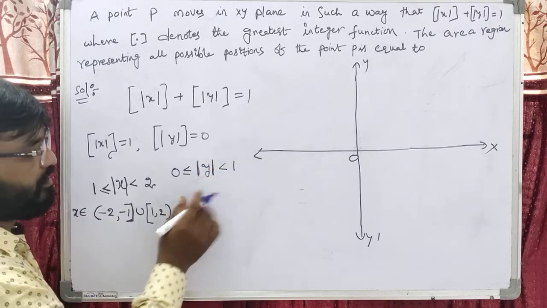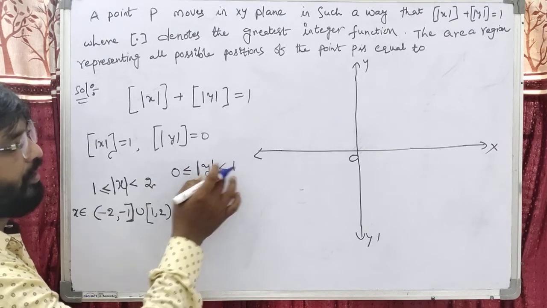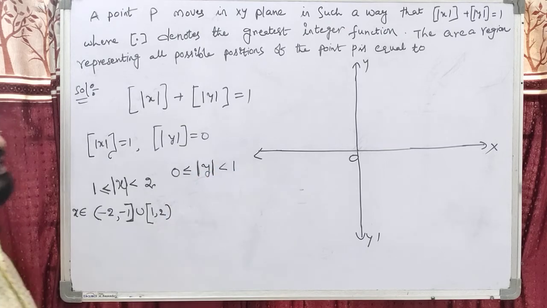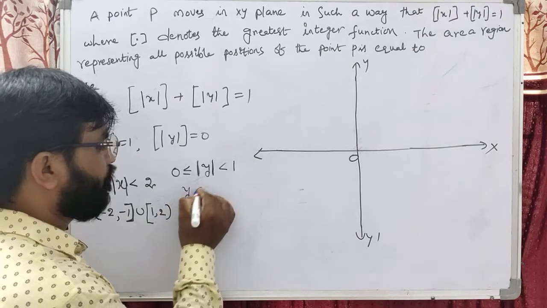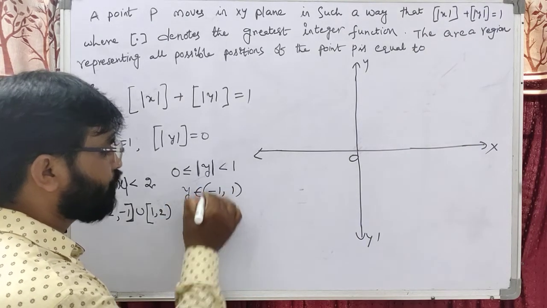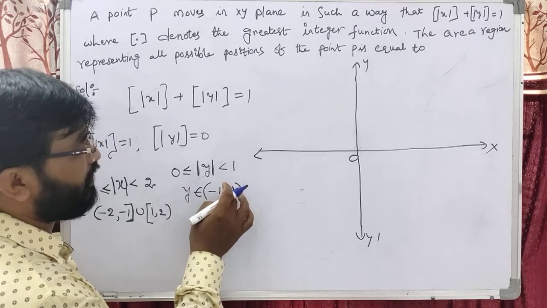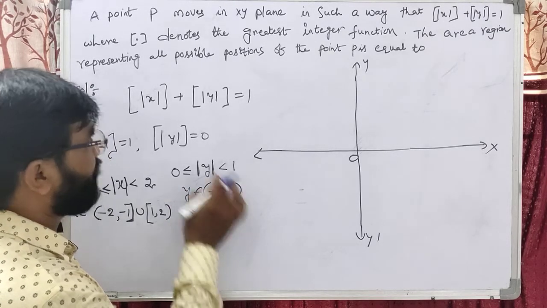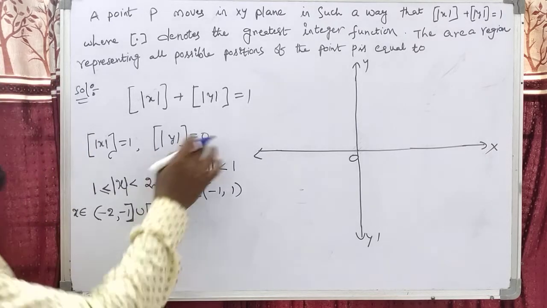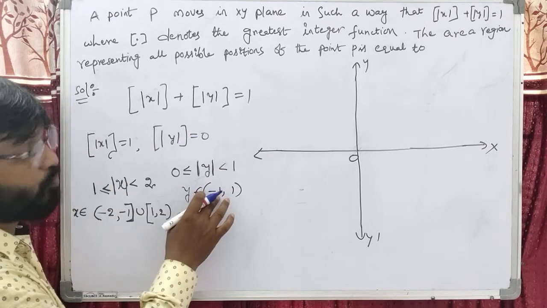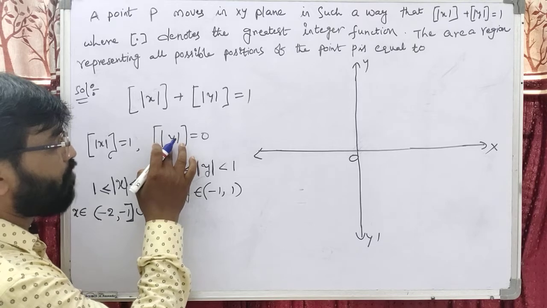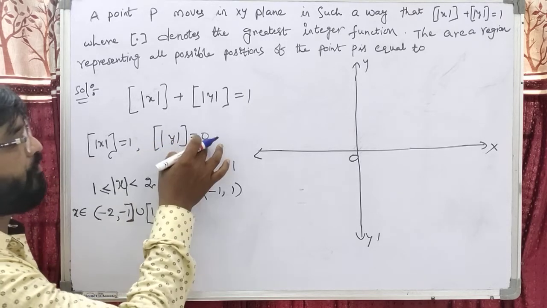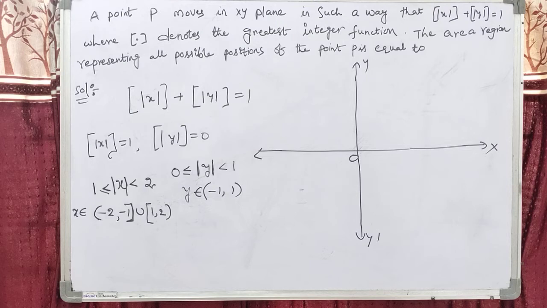Now dear students, this is only mod y greater than 0. Here it is minus 1 to 1. Here y belongs to simply minus 1 to 1. When we are taking minus 1 to 1, mod of 0.5 is 0.5, and its step is 0. Suppose we take minus 0.5, the mod of minus 0.5 is plus 0.5, and the plus 0.5 step is 0. Okay students, this is the first condition.